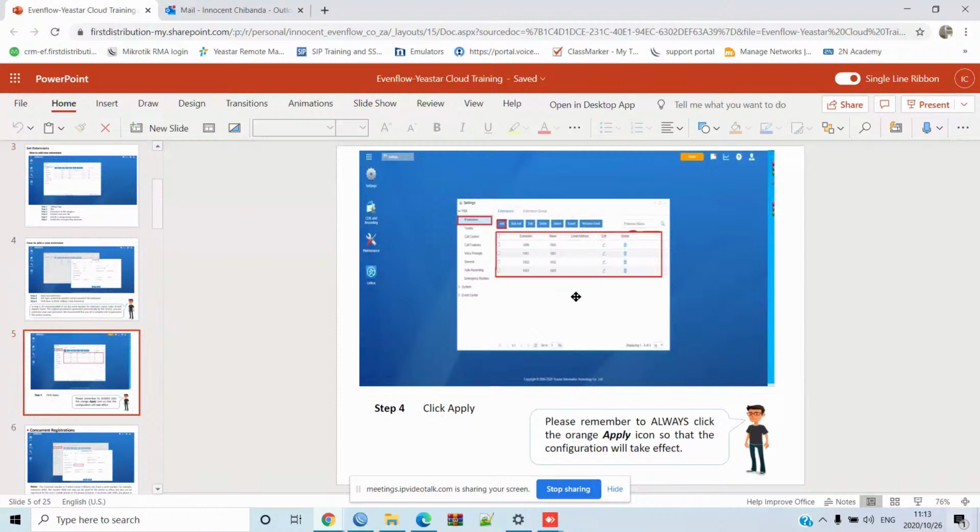You also have an option of adding the number of concurrent registrations. The maximum on a Yeastar cloud is 4 concurrent registrations. So it means that